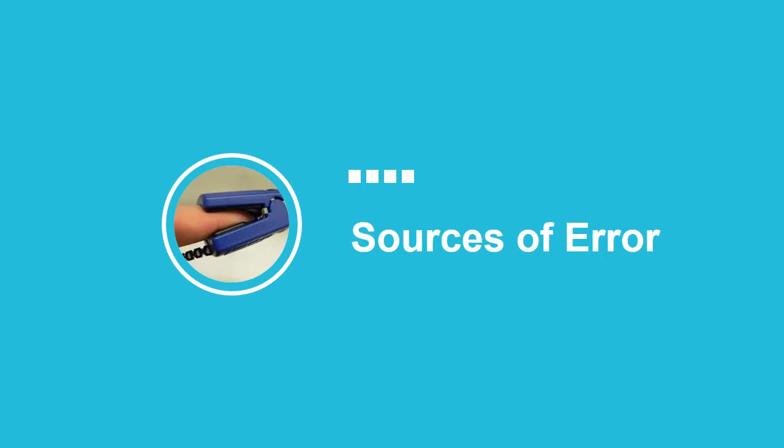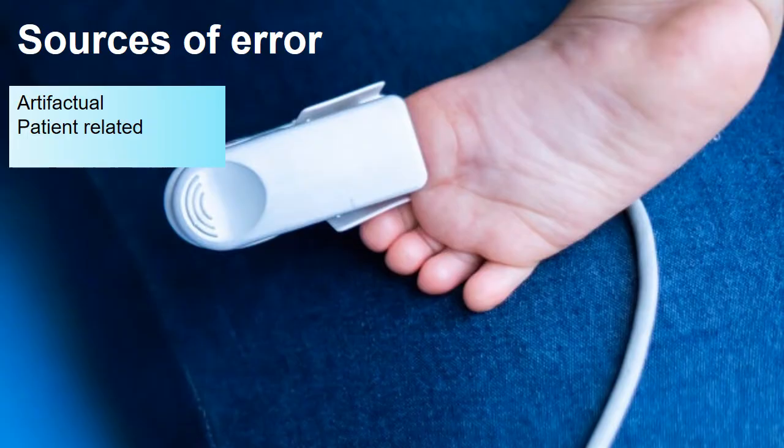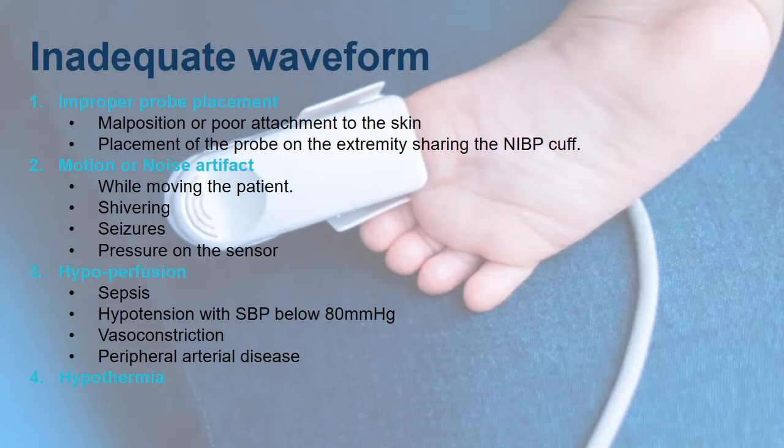Okay. A good clinician should always know the sources of error in any instrument he is utilizing. If you don't know the sources of error, you cannot correct them or troubleshoot them. So we are going to discuss the errors and their sources. Sources of error are two: they can be related to the pulse oximeter itself, and they can also relate to the patient. Starting with the inadequate waveform, one can only know an inadequate waveform when he knows the adequate waveform, which we have described in the previous slide.